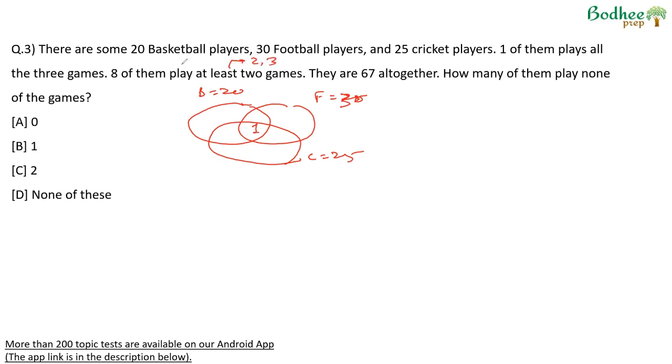One has already been counted here, so there will be 7 people. Suppose this is ABC. A plus B plus C will be 7, playing exactly 2 games. There are 67 people together. How many of them play none of the games? So what we can say is